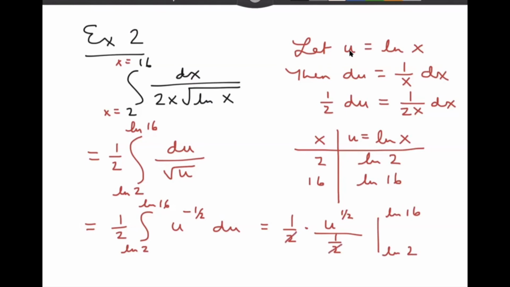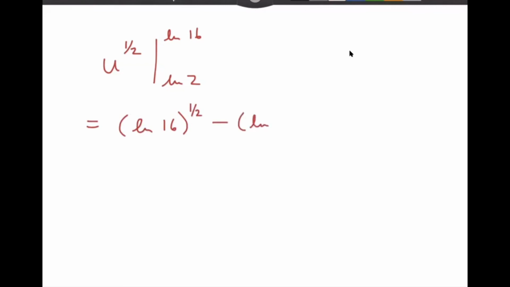Let's go to the next screen. So we have, and I already forgot what that said, u to the 1/2, plug in natural log 16, plug in natural log 2, which is going to give us the square root, or now let's do it like this. Natural log 16 to the 1/2 minus natural log 2 to the 1/2. Oh my goodness. I almost fell into a trap that